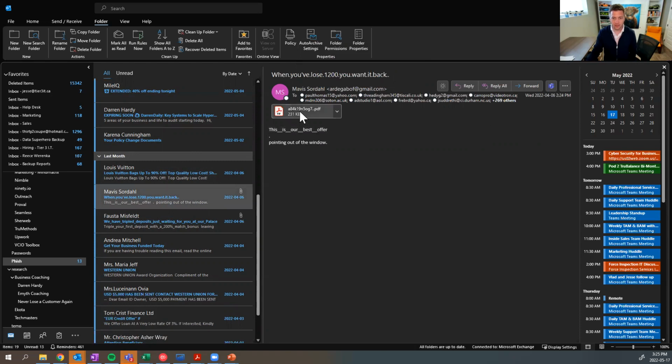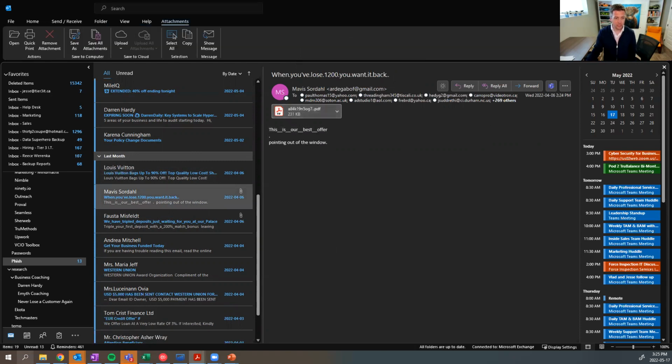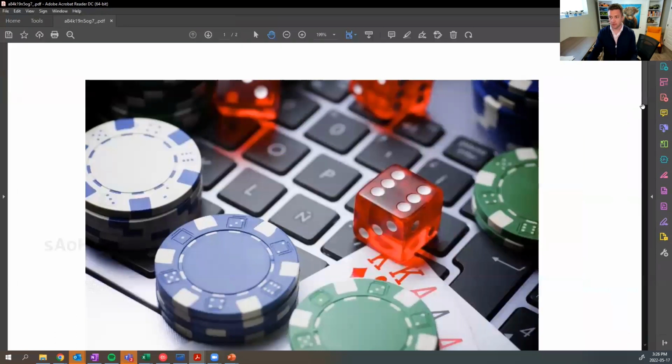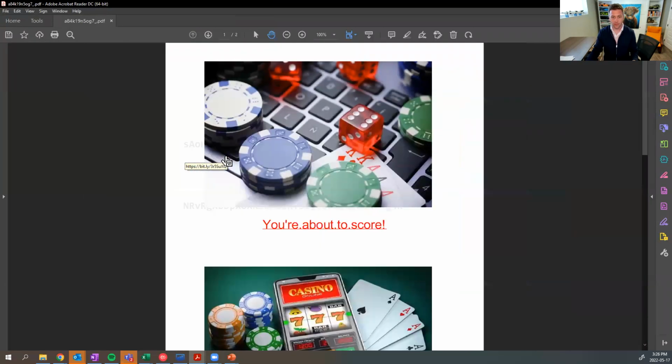Now, if I open this PDF, and I, of course, do not recommend at all that you would open an attachment that you don't trust. However, because it's a PDF, let me just drag it over here. Oh man, it's having a tough time. So exactly what I expected it would be.